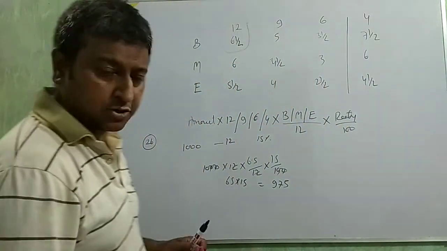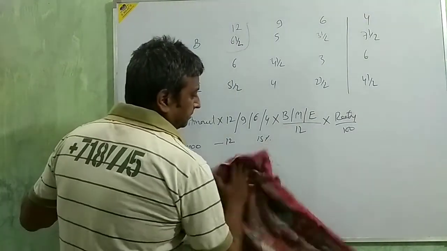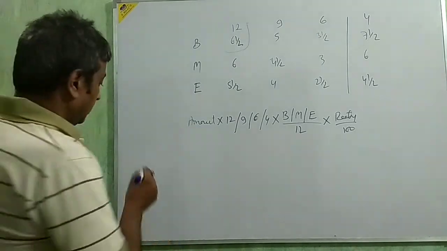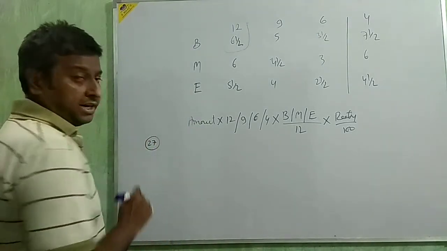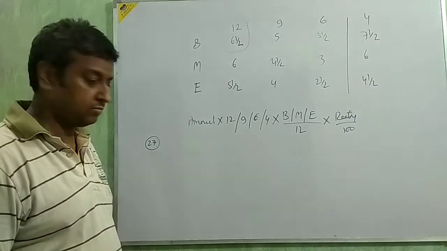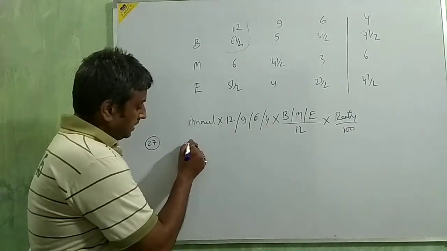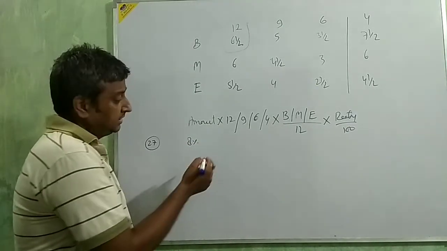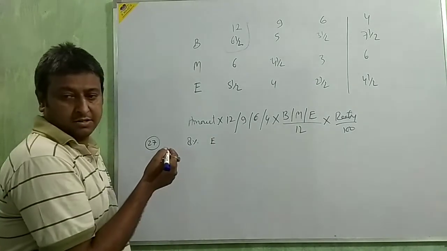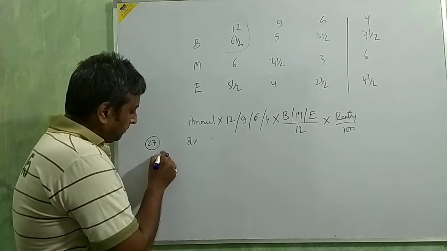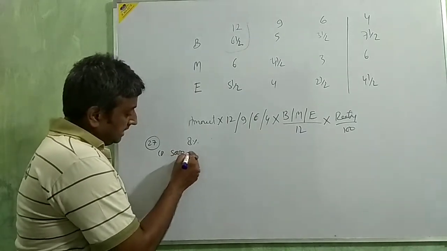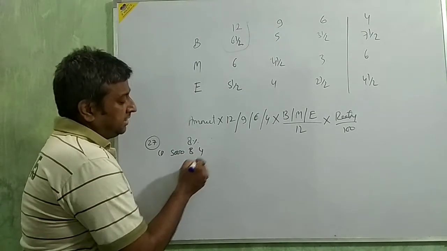Now I am going for the next question. Question number 27. Calculate the interest on drawing of Mr. Aditya at 8% per annum for the year ended 31st March 2016 in each of the following alternate cases. There are many cases. Go for the first case: if he withdrew 5,000 in the beginning of each quarter. Beginning of each quarter means 4.